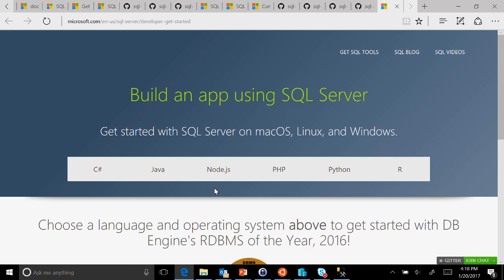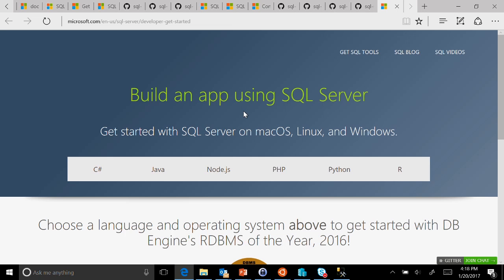So this is a website, aka.ms/SQLDev. It's pretty easy to remember. We built this site. This site is built and managed by engineers, so this is not a marketing website. The content here is done by the engineers, not the technical writers. And the idea was, if you walk up to SQL Server and you just want to write code, where do you start?